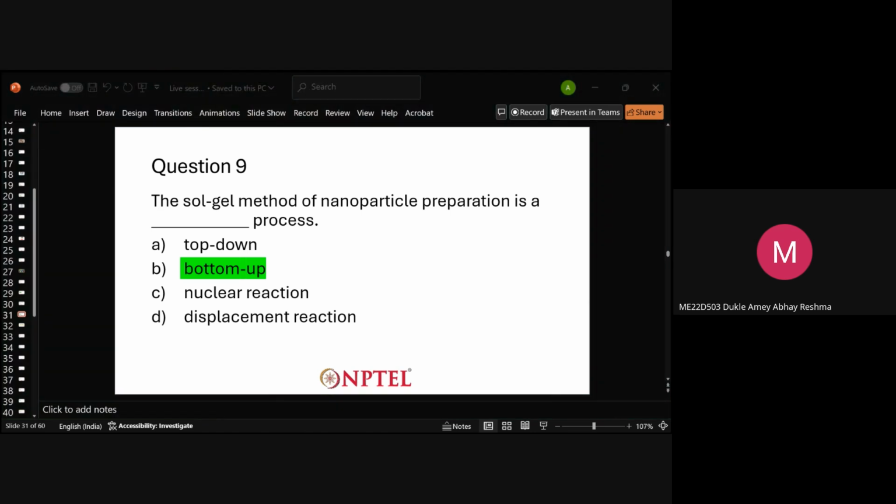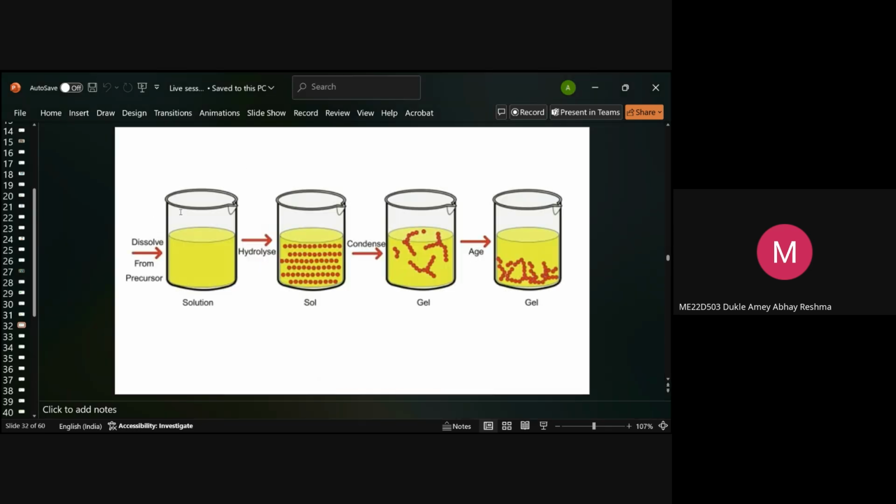The answer is B actually. So the sol-gel process is a bottom-up process. Basically, in the sol-gel process you take any medium, water or any alcohol. In that, you dissolve the chemicals, and then you hydrolyze the material. So, per se, if you are making something like bioactive glass,